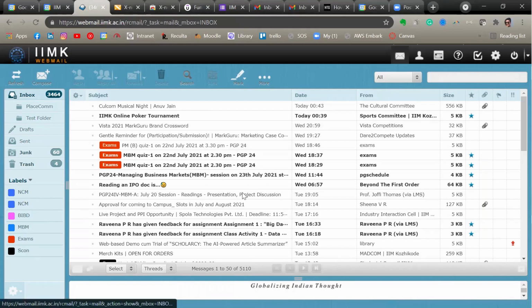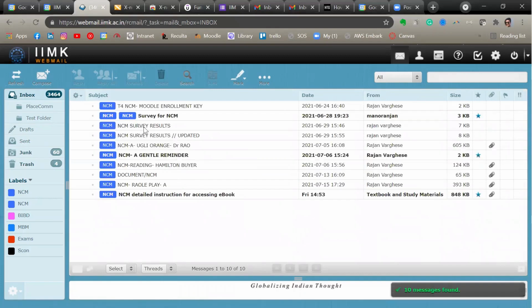Webmail will take some time at the beginning to identify such emails. But once it has identified them, it will categorize those emails under this particular label. Now I can monitor all the activities related to that particular subject under this label. So it's a pretty sorted way.